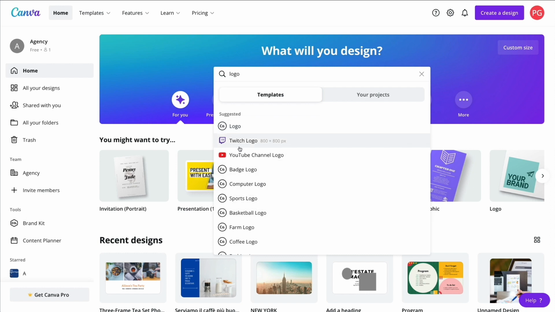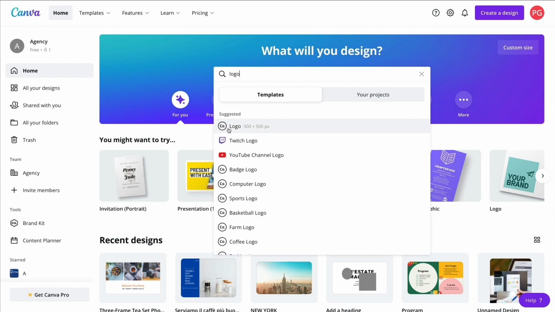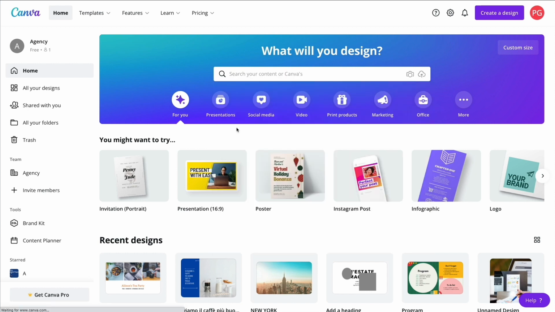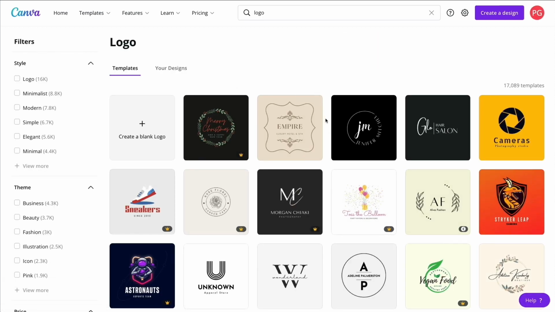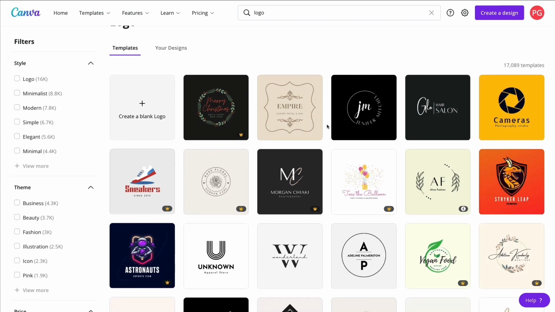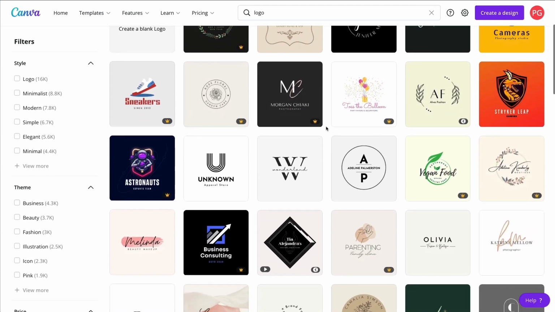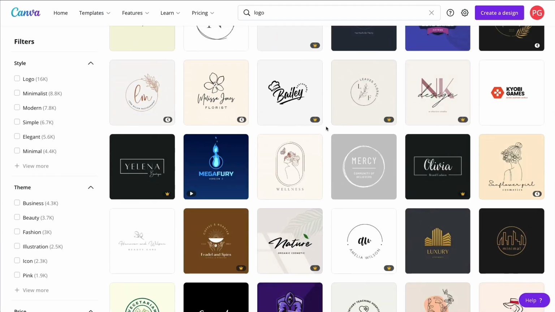For example, if you want to create a logo which is specific for Twitch or YouTube, here are some logos which are going to essentially give you some samples which work specifically with the avatars, for example, but we're going to work directly on the logo themselves or just create a general one. And as you can see, the moment that we select logo, we're going to see so many different logo ideas,